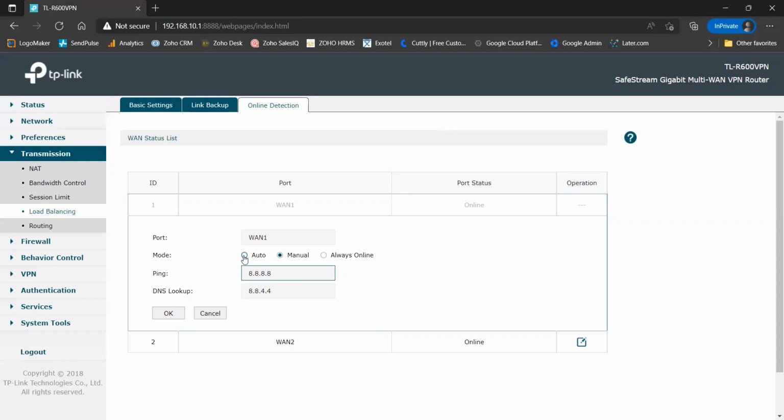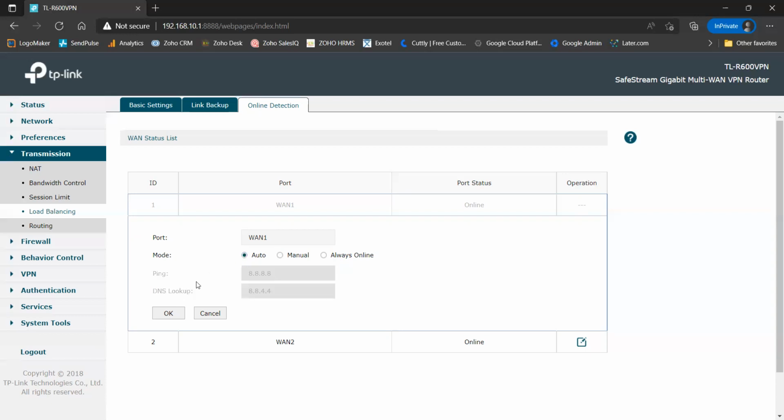Your modem will always provide a response to TP-Link, and TP-Link will say that the connection is active. That will be a false indicator to TP-Link, and it will not dial WAN 2 in case you've activated link backup. So in the case where you've not touched your ISP modem, you should always use the